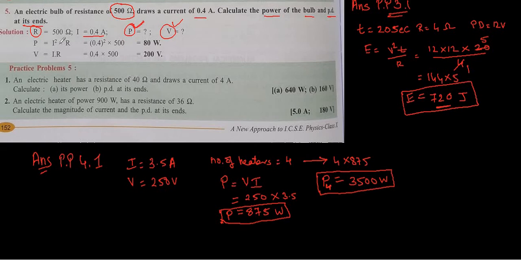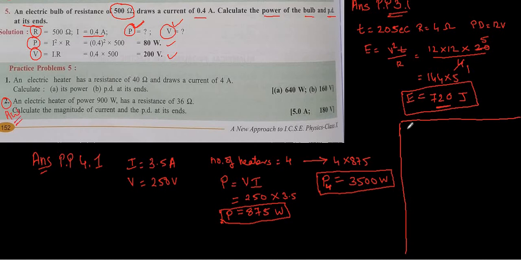Now we know P is equal to I square R. So from that I will get the power. And if I say I into R, I will be getting the potential difference. Understood? So this is just a formula base. We are using the formula for power I square R, and for V is equal to IR, that is the Ohm's law. So I am going to solve sum here. I am going to make a box so it becomes easy for you to see. So here I am going to solve question number 1. Question number 2 will be your homework.